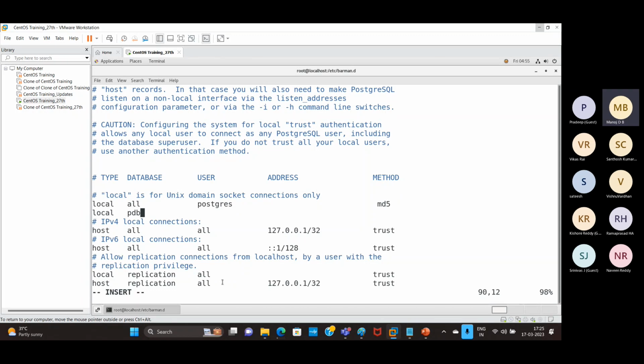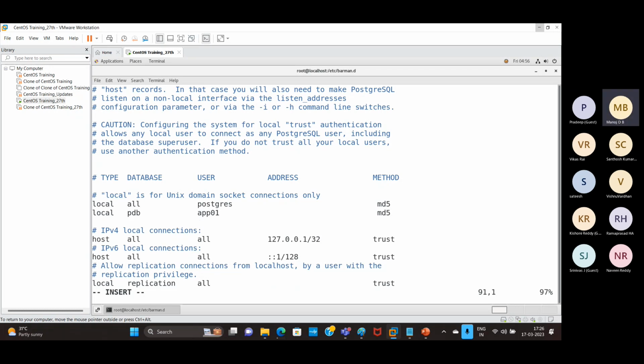Apart from PDB, I'm not going to give permission to any other database. Only PDB access. Now I will specify app01